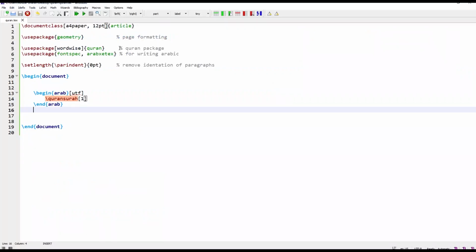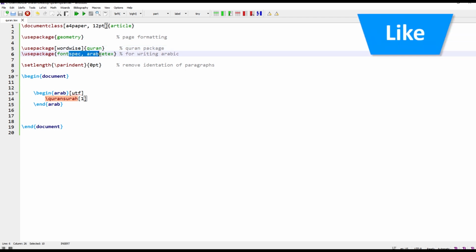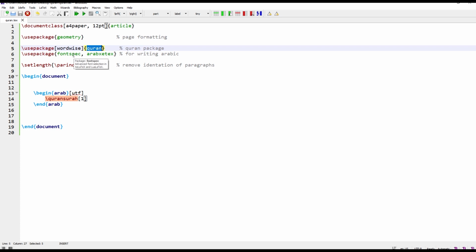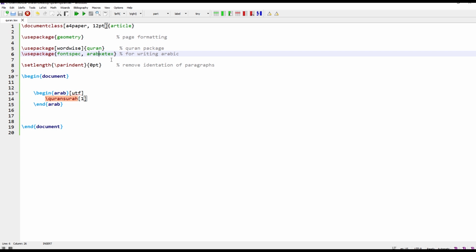First of all, you need these packages for writing the Arabic and the Holy Quran. The quran package is for the Holy Quran, and fontspec and arabxetex are for writing Arabic. The arabxetex package is compatible with XeLaTeX, so you need to configure the compiler settings.